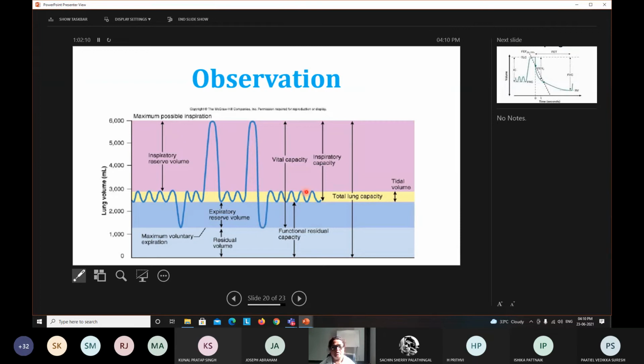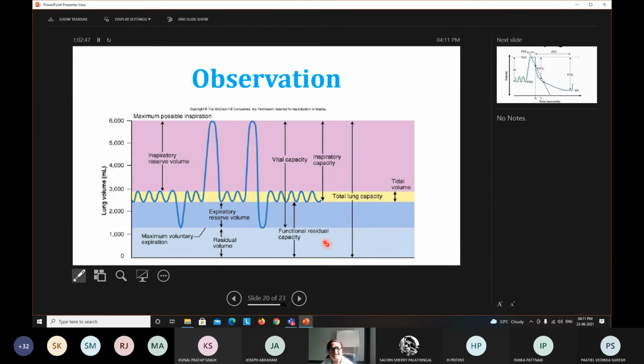Again, you go for normal breathing, normal inhalation, exhalation. Is this procedure clear to record all these volumes and capacities? We can record vital capacity by this method also. And you have to calculate other capacities using these two or more volumes. Okay. So vital capacity is nothing but, yes, tidal volume, IRV plus ERV.